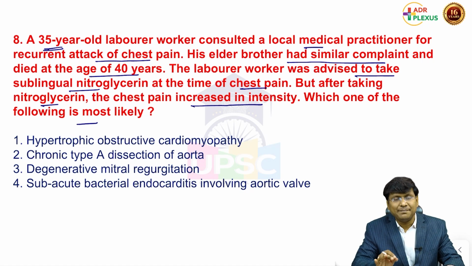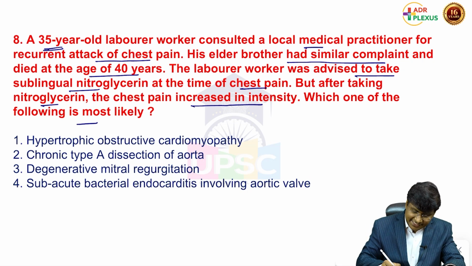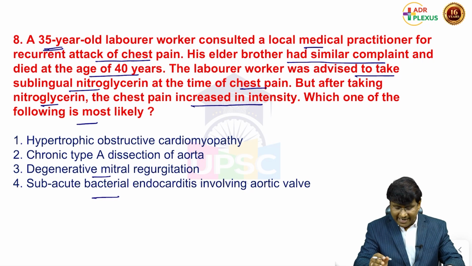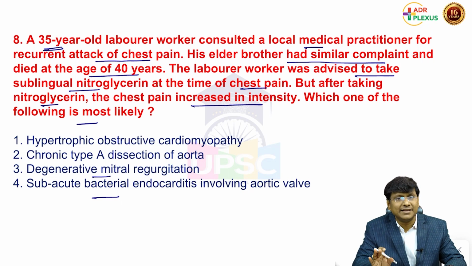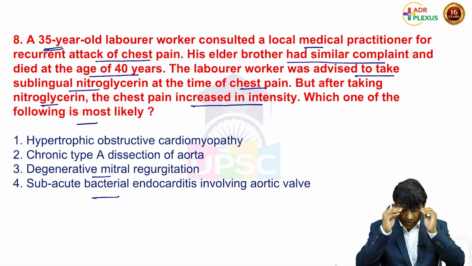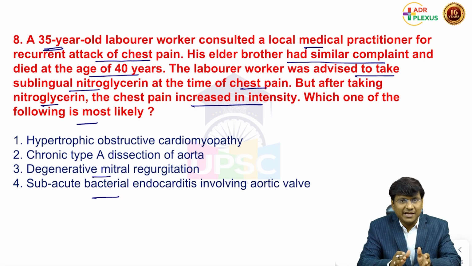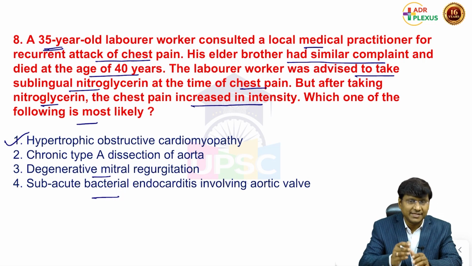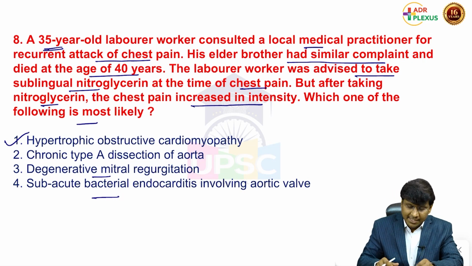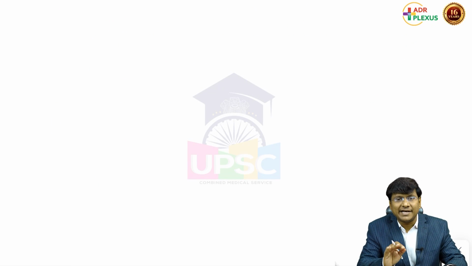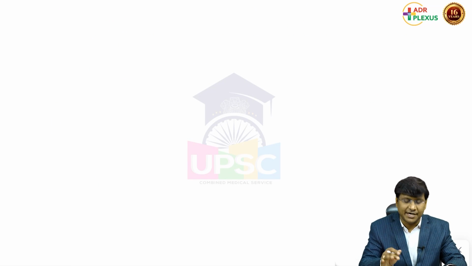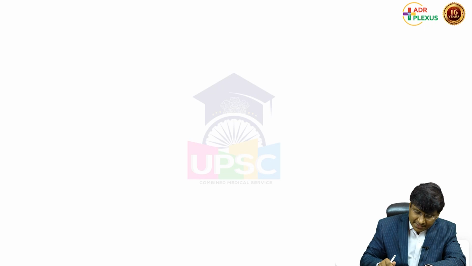The options are hypertrophic obstructive cardiomyopathy, chronic type A dissection of the aorta, degenerative mitral regurgitation, subacute bacterial endocarditis involving the aortic valve. Okay, so the chest pain which is increasing after taking sublingual nitroglycerin, the very important diagnosis is hypertrophic obstructive cardiomyopathy. Now, in order to call it hypertrophic obstructive cardiomyopathy, please remember, there should be